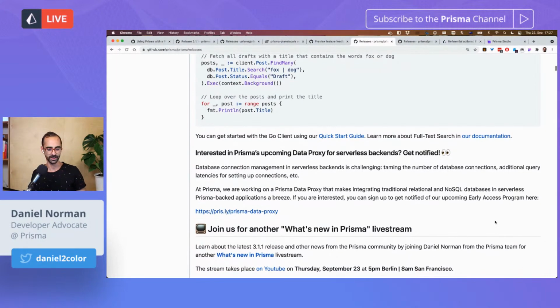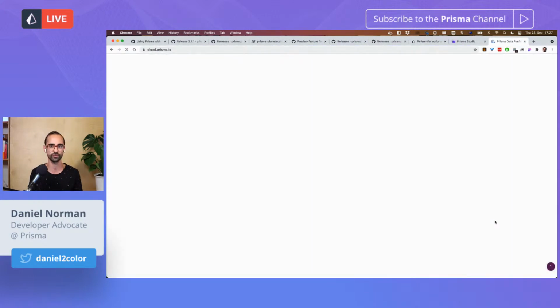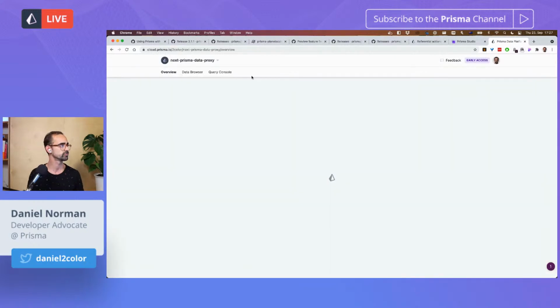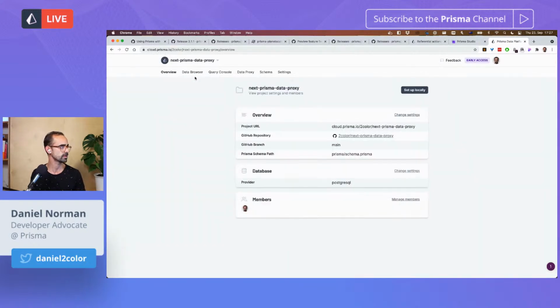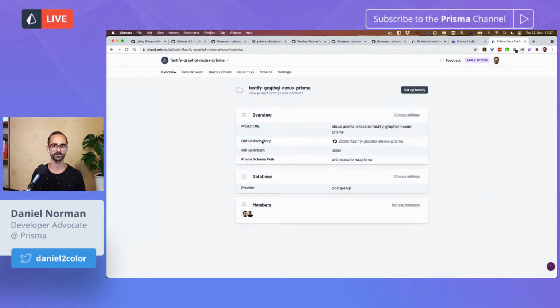And finally, some of you out there have really been trying out the Prisma Data Platform. In case you're not familiar, I can give a quick rundown of what the Prisma Data Platform is. From a high level, the Prisma Data Platform is really one of the easiest ways to start new projects with Prisma. And it offers quite a lot of functionality, especially when it comes to collaboration. We also have the data proxy that some of you have heard about.